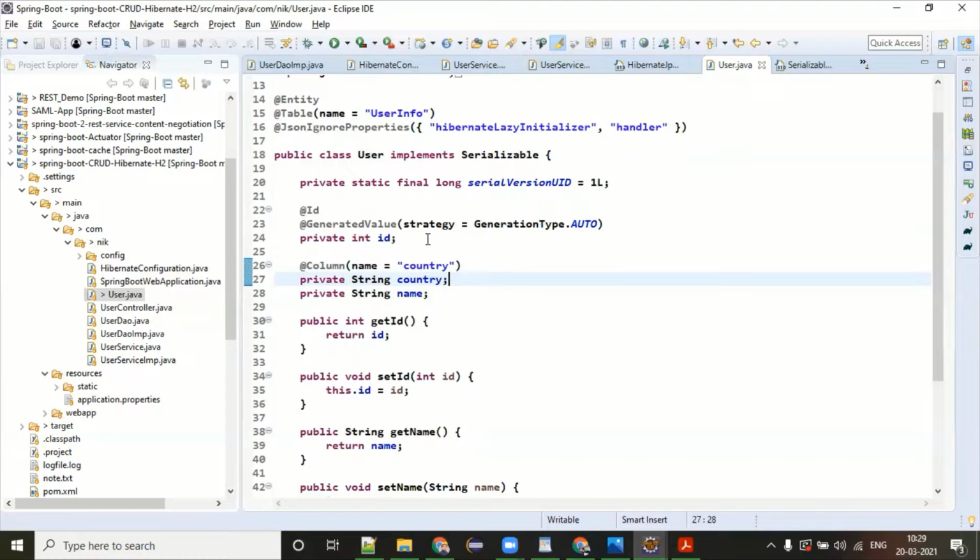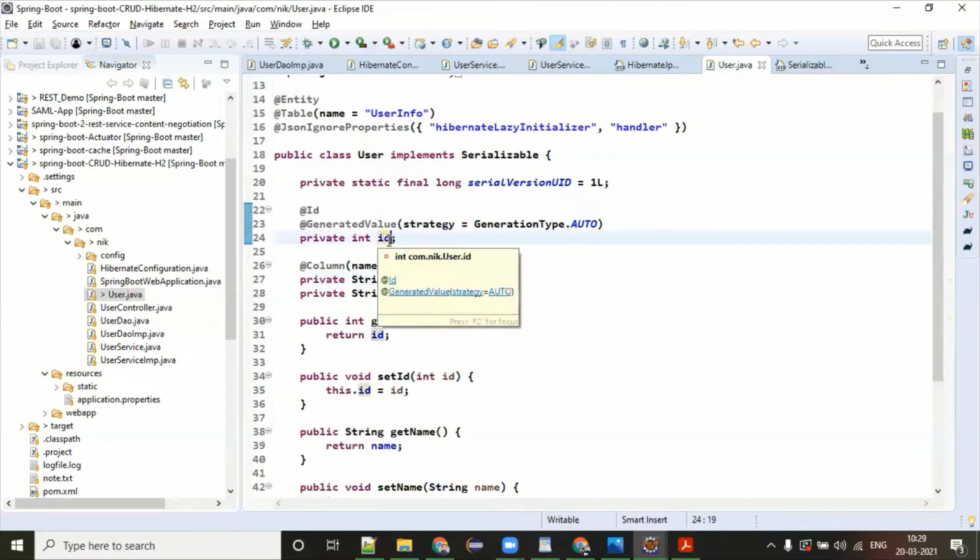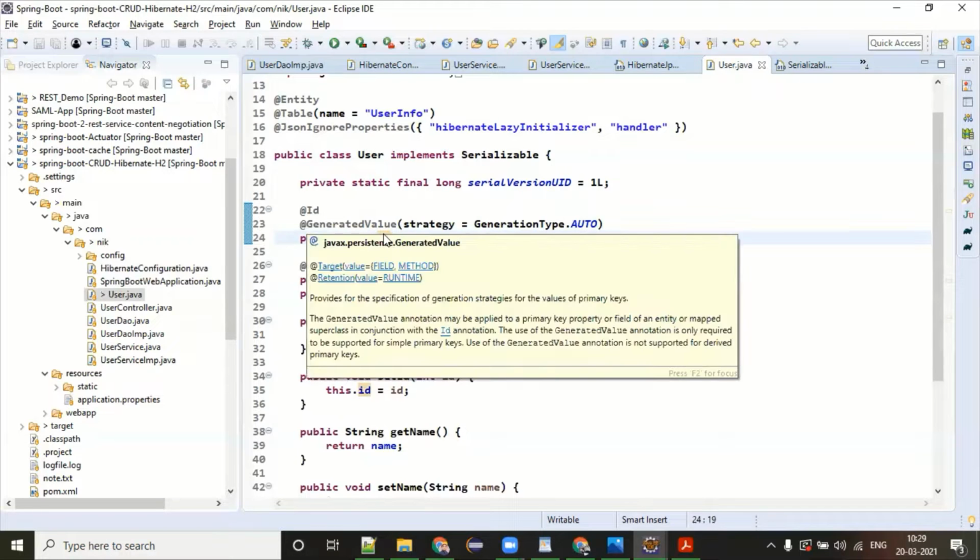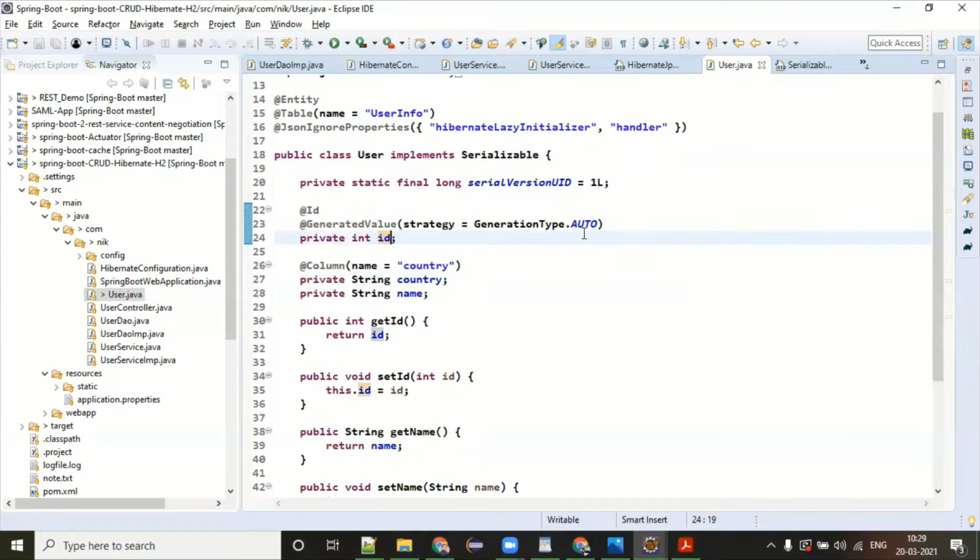Let's say this is the primary key and you want to delete a particular ID, an employee ID. Then without this ID, how can you? Okay, so we should have some value mapped to an ID, but the generated value is not required, right? The generated value is actually a primary key value. While inserting, automatically one value is going to be inserted with this ID, and that is always unique. That's the primary key property.